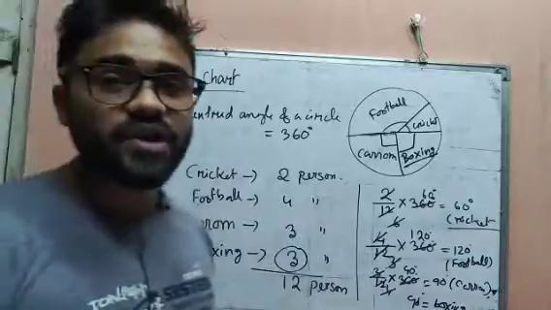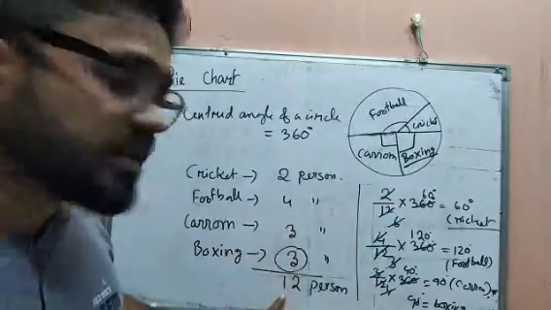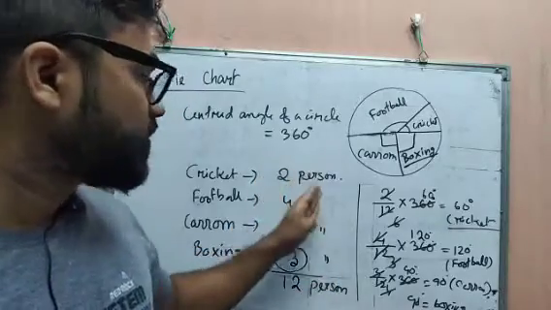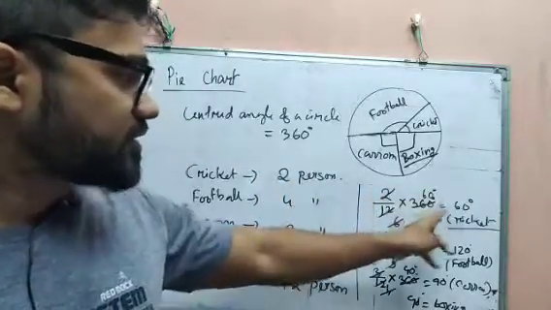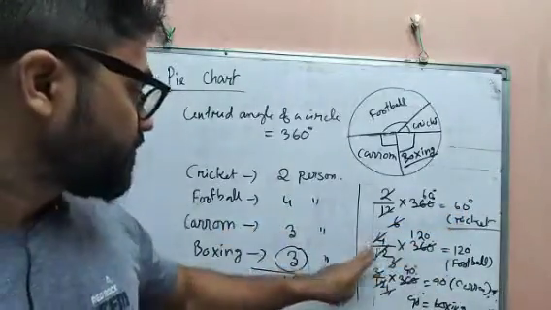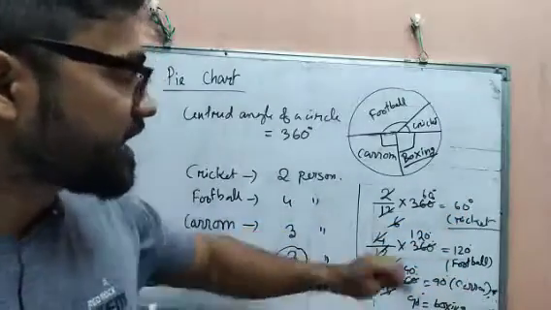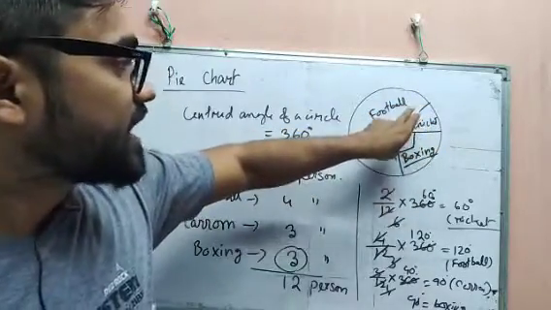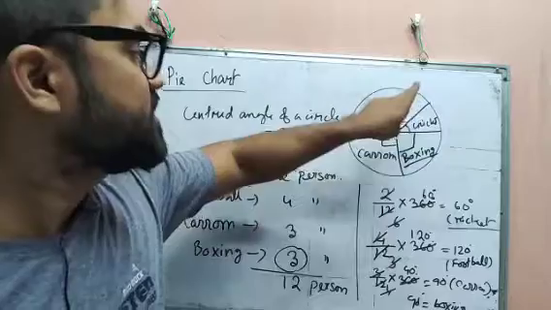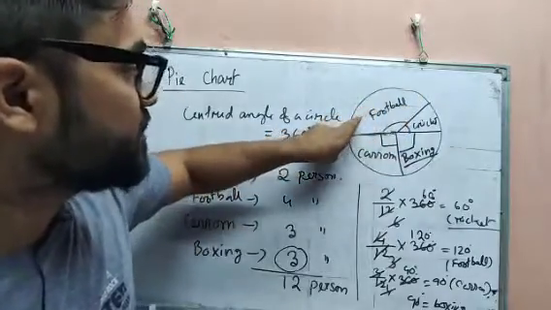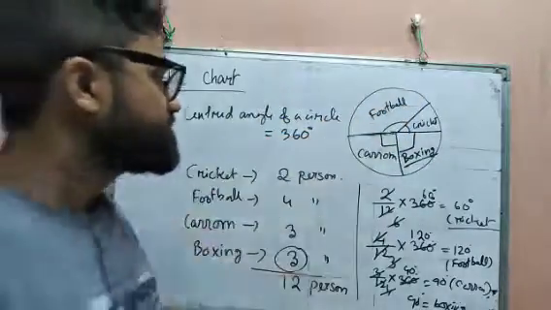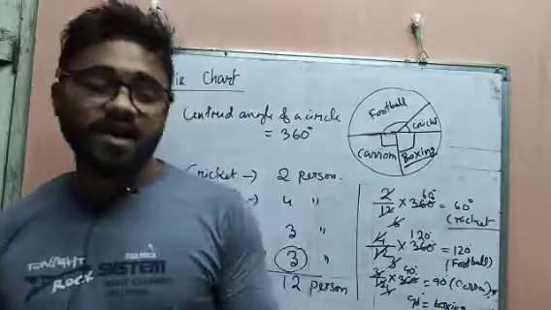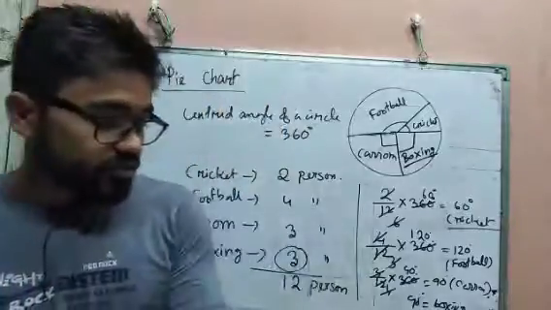So first, we have to find the total of how many persons are involved here. Then for cricket, we have to represent this in angular form, and the others are also in angular form. Then take one line as a radius. First put the cricket. Then after this side, take this as a radius and take the protractor and measure 120 degrees. Then put the football. So in this way, we have to complete this graph. And this is known as a pie chart.